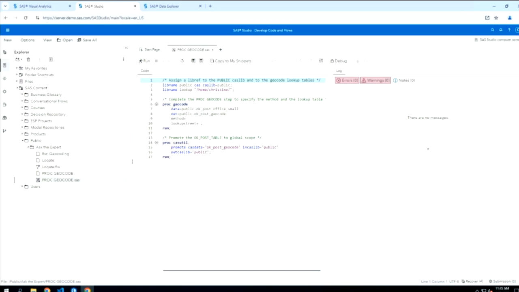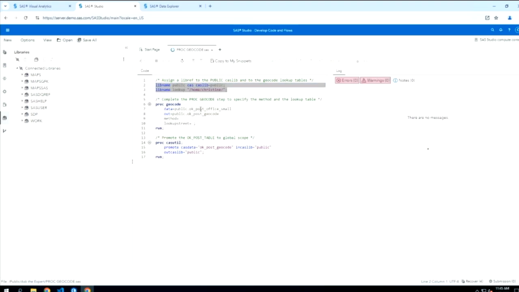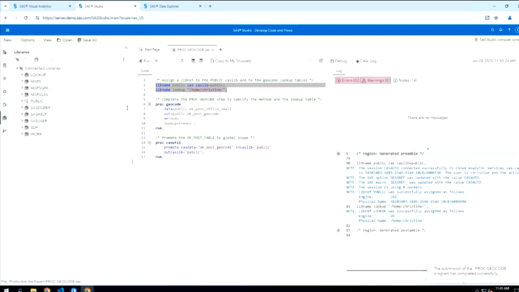Now, the first thing that I need to do is make sure that I have the correct library set up. So I'm going to be using data that's in the public CASLib, so I'm going to assign a libref to that. And then I also have my lookup data stored in this location, and I want to create a library pointing to that as well. So I'll run these two libname statements. And then I'll see here is my public CASLib that has my OK Post Office small table in it. And here is my lookup table that has those USM, USP, and USS tables, those three required lookup tables for